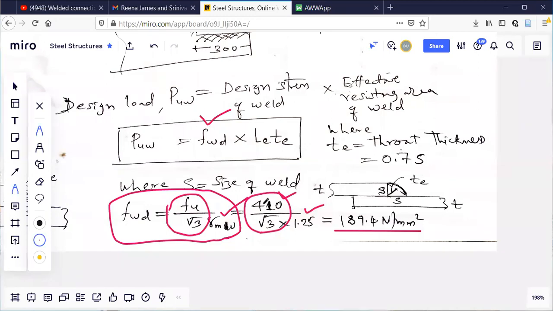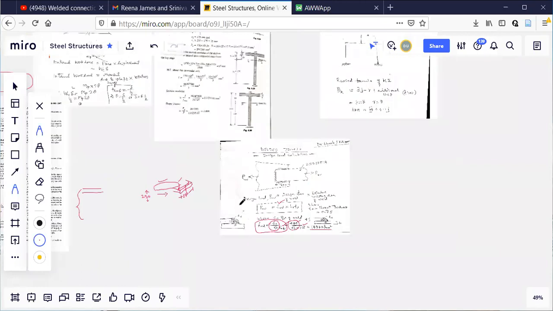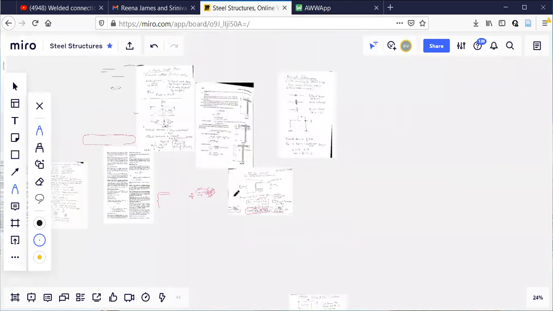Strength of the weld and strength of the steel are not the same. Strength of the steel is 410, but strength of the weld is not that much. It is divided by root 3. So 410 by root 3 is the ultimate strength in the weld, divided by the factor of safety, 1.25. If you don't remember this, you open page 74 and you can see that also.